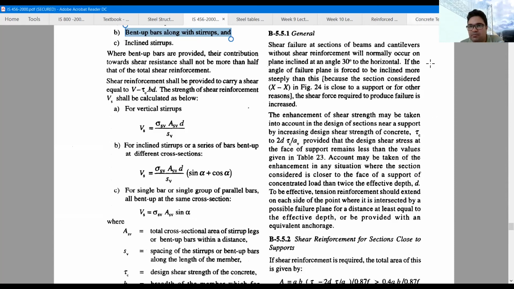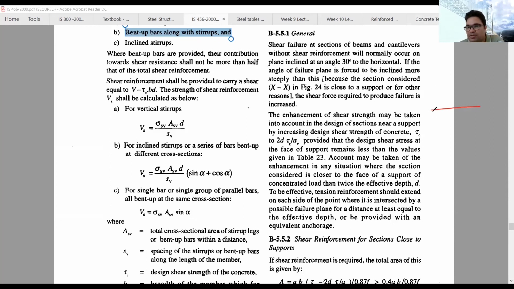I am again making a small diagram for the beam. So by chance, this is the beam reinforcement, and sometimes we bend up this. So what will be the angle? So this reinforcement will look like this. This angle is generally 45 degree. It should not be less than 45 degree. So this angle is the alpha. Generally this alpha is equivalent to 45 degree. So until and unless mentioned in the problem, we will take alpha as 45 degree.